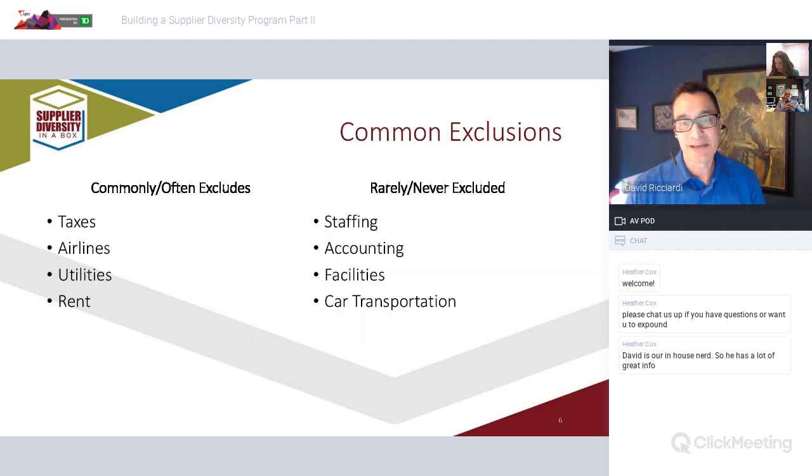And here we've got some common exclusions and things that we feel are never excluded. Now, even these lists are a little bit debatable. And I'm going to get into some of the things that you would consider when you make your own determinations. And kind of inherent in that statement is the fact that there is no exclusive, 100% right way to do this.